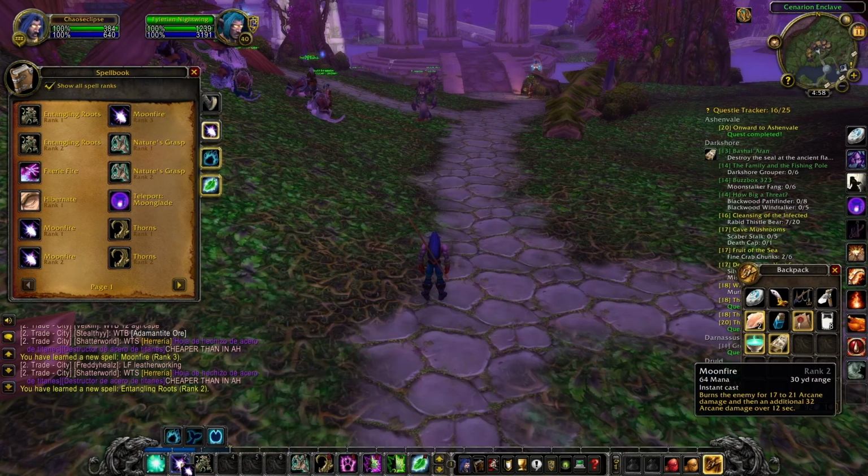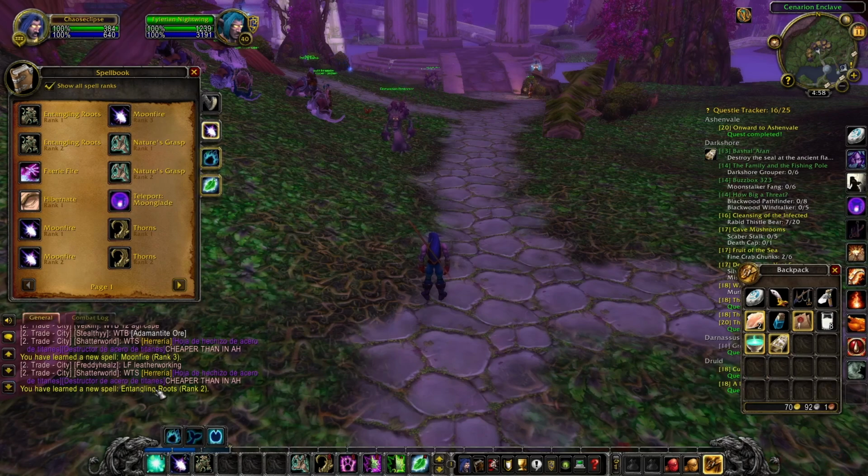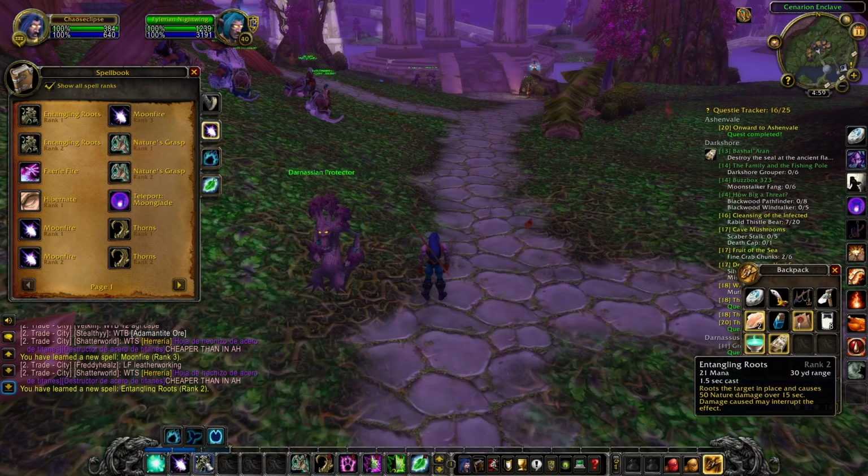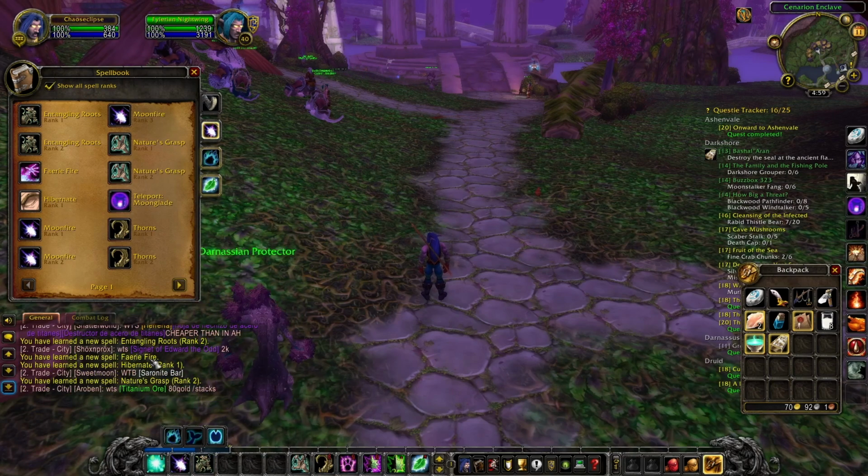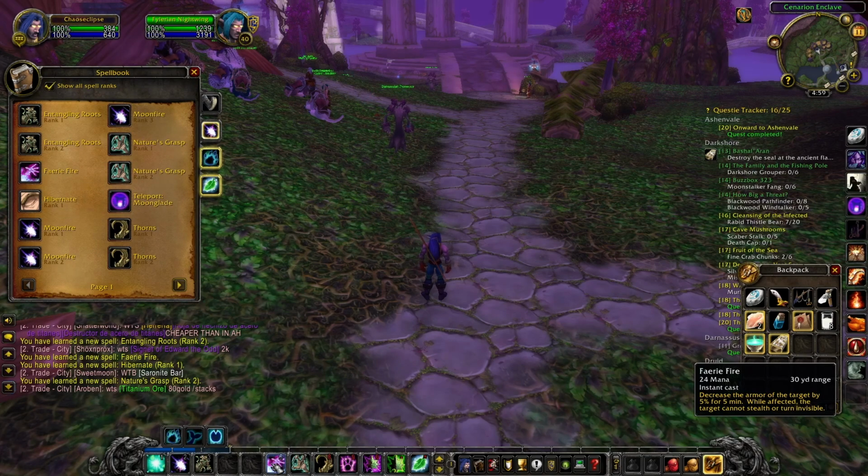So Moonfire rank 3, switch that out, make sure it's switched. We have Entangling Roots rank 2, which is this one. Switch that one out, scroll over it, make sure it's switched. We have Fairy Fire, this is our new one, which is, there it is. Put that over here, which actually,